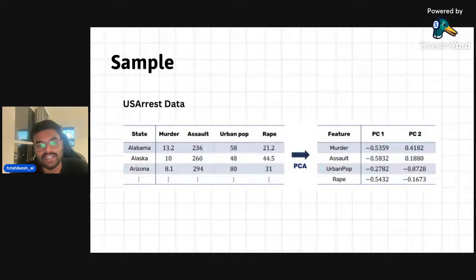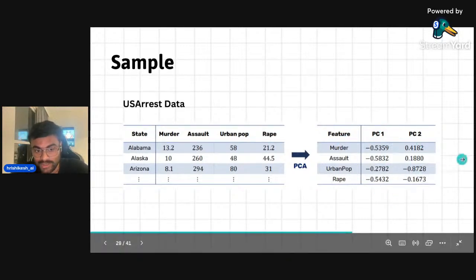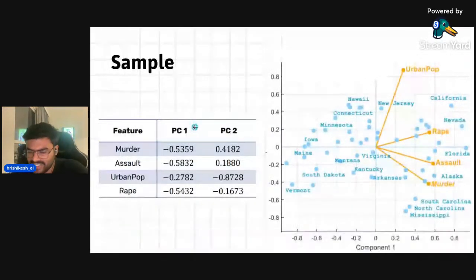So we can group those and the urban population to generate the features. So let's say after compression we got PC1 and PC2, and when I plot this,